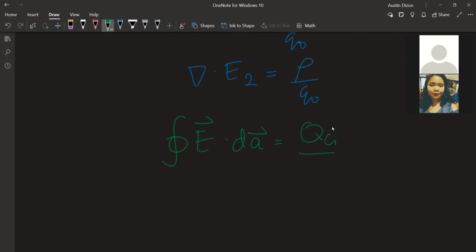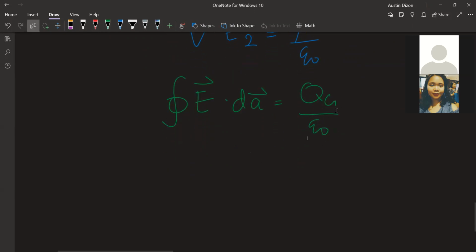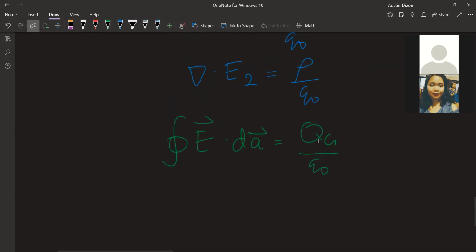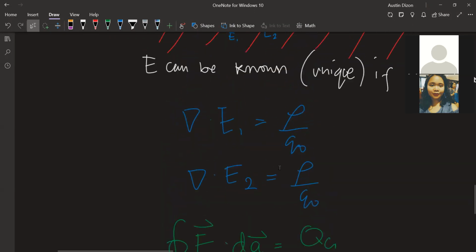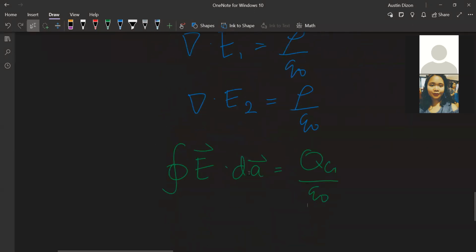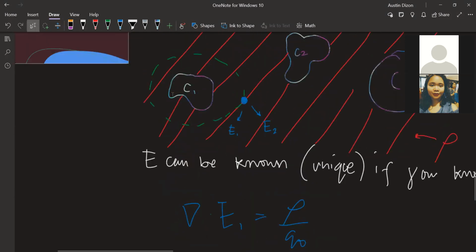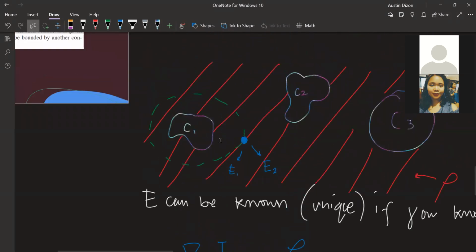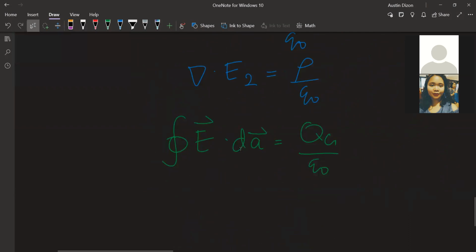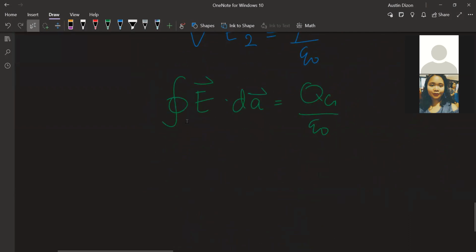Okay? So C1 yan. Na-enclose ko si Q. Okay? So yung total charge na na-enclose ko at that area. Then consequently, I can make my boundaries very large. So this is enclosing C1. Consequently, I can do,